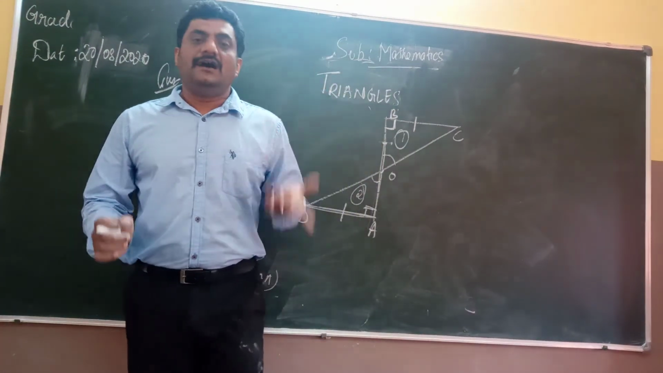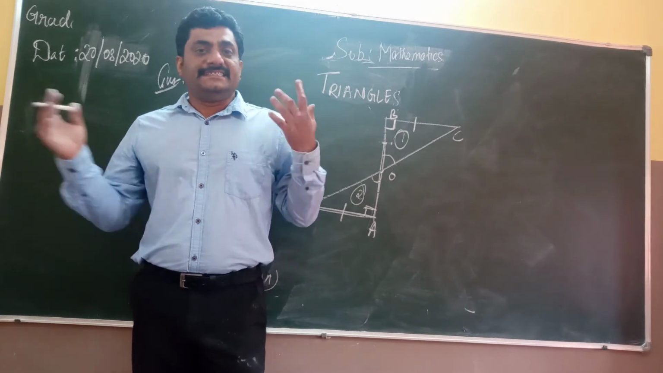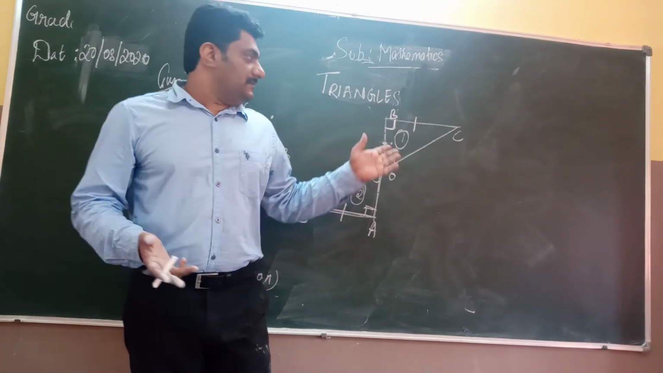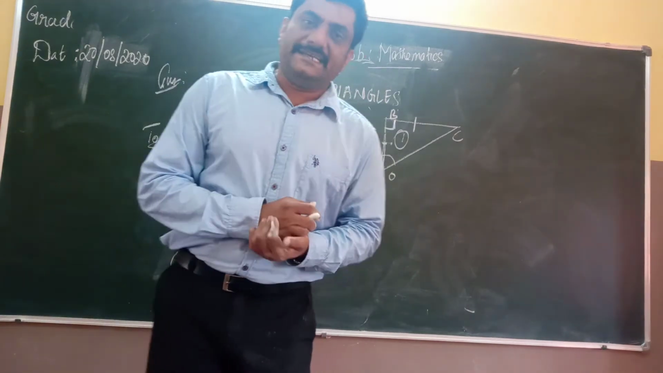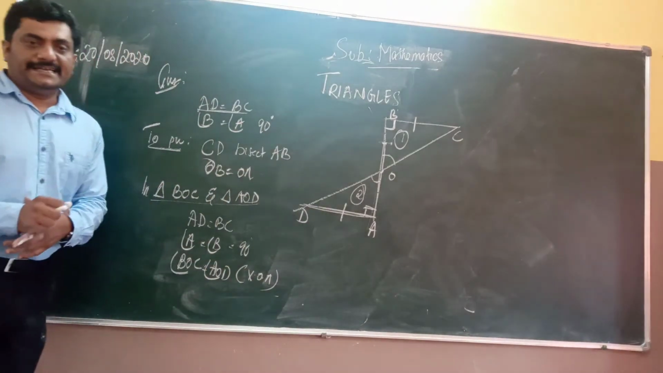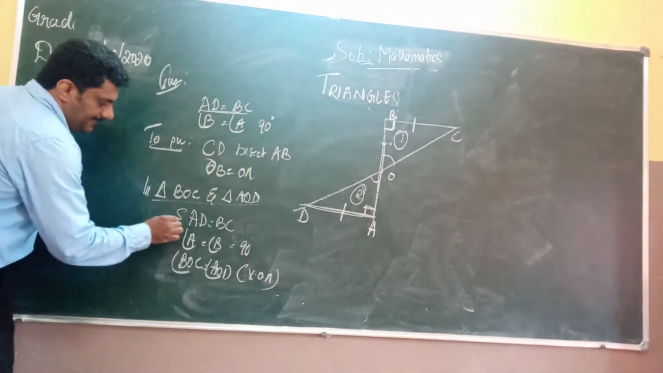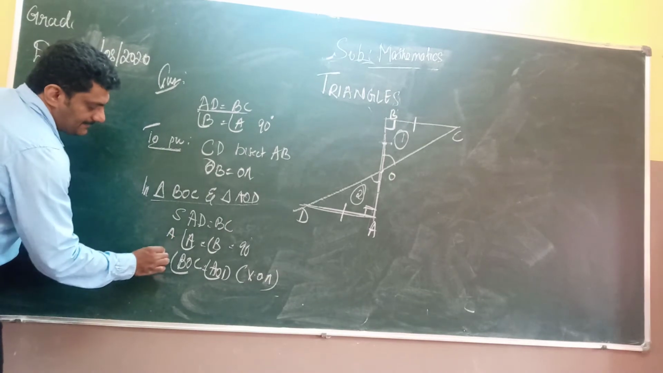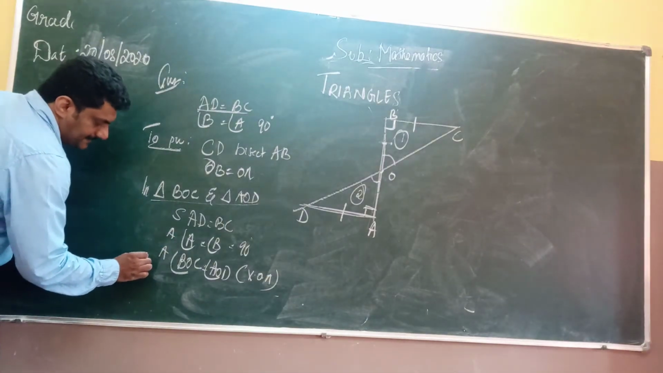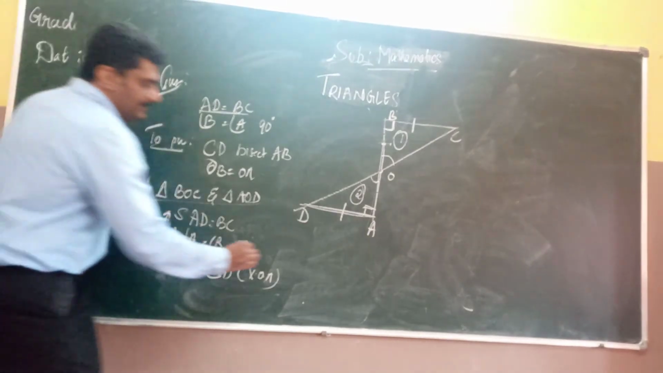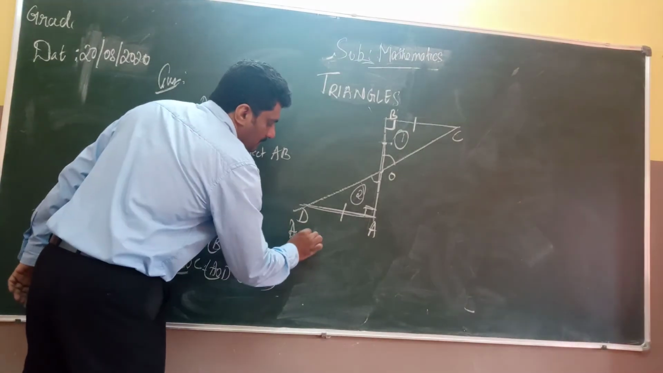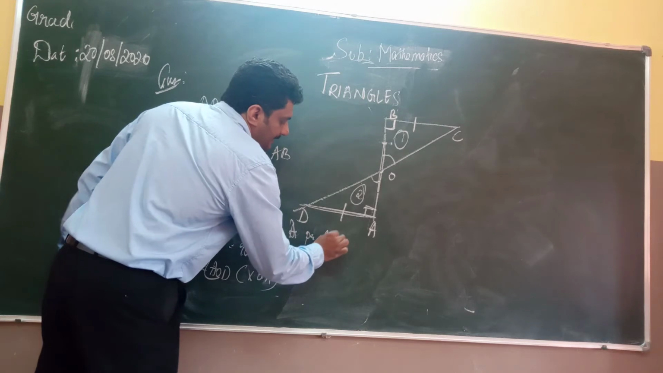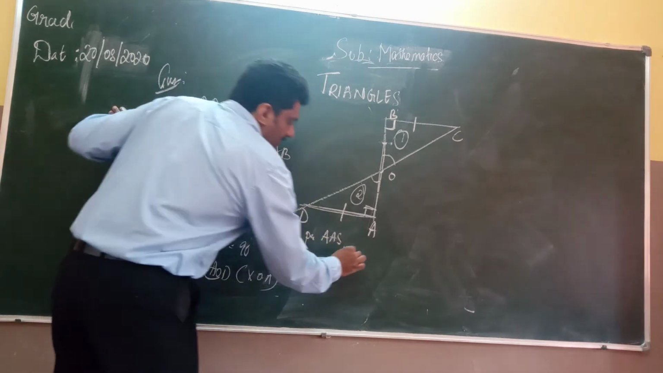Do not go for RHS. Okay? RHS is just an option. We can always prove in other criteria as well. Now here, which criteria is this? This is side, this is angle, this is angle. See from this way. Angle, side. As per angle, side,